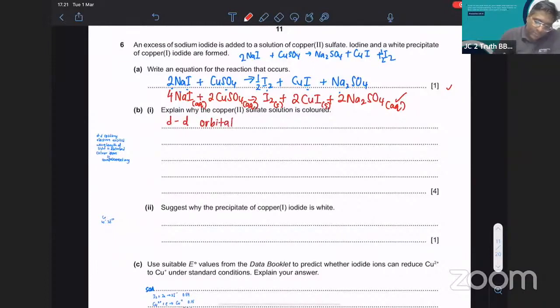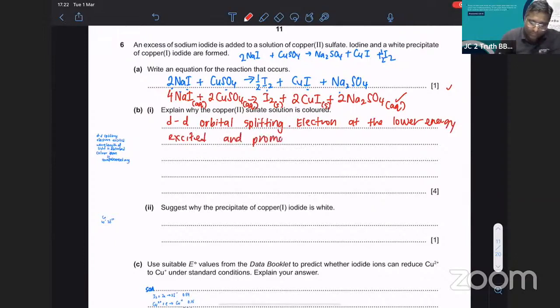The d orbitals are going to be split into 2 different energy levels. The electrons in the lower energy level become excited and promoted to the higher energy level